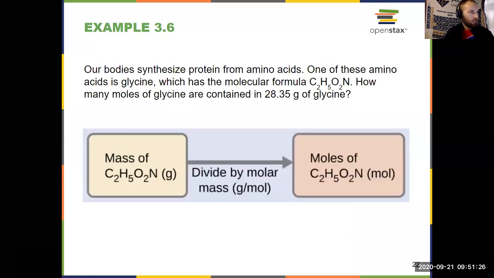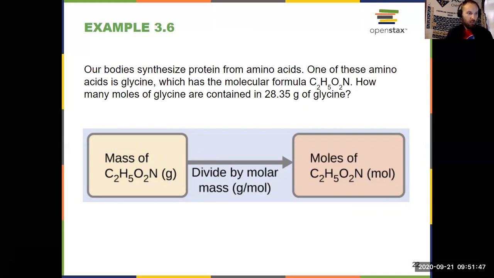How about another one here? Example 3.6. Our bodies synthesize protein from amino acids. One of these amino acids is glycine, which has the molecular formula C2H5O2N. Okay. How many moles of glycine are contained in 28.35 grams of glycine? Okay, this is a good question,